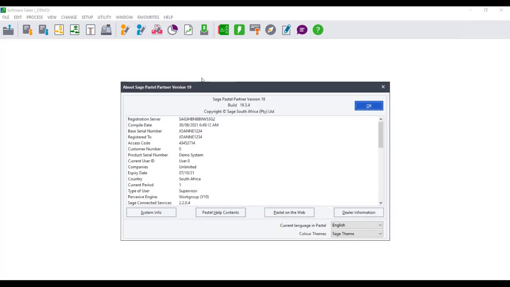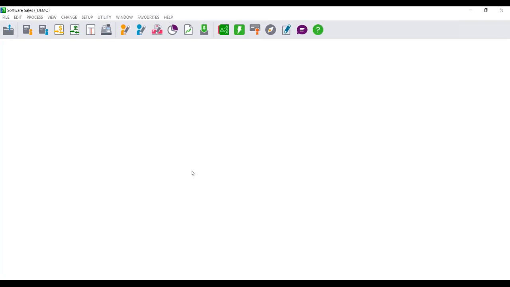So if you're on 19, please make sure that you have the latest Sage Intelligence 19 installed, but that it's either Partner or Express. So you can look at that. If it's still not working, you will need to get hold of support because there are other things. But guys, I don't have time to run through a whole bunch of solutions to problems, unfortunately. But that is one of the things you can try. Uninstall, reinstall, see if that works. If not, please get hold of